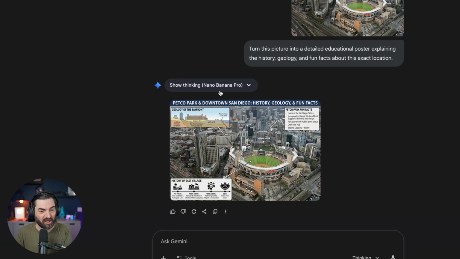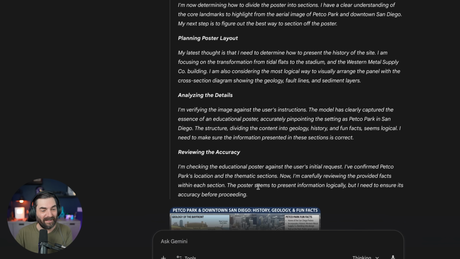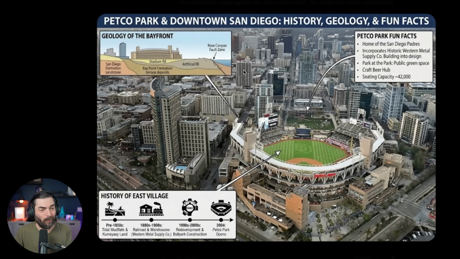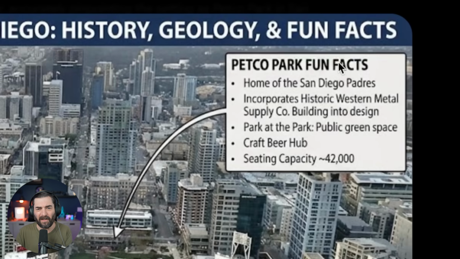It did research to annotate this photo. If I actually show the thinking here on Nano Banana Pro, we could see it's analyzing the details, reviewed the accuracy, and essentially did a bit of research. So this image, I'm guessing, is correct. All the text looks good. San Diego Formation Sandstone, Stadium Fill, Bay Point Formation, Terrace Deposits, Artificial Fill, Rose Canyon Fault Zone, Petco Park Fun